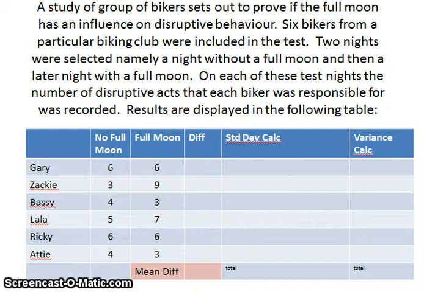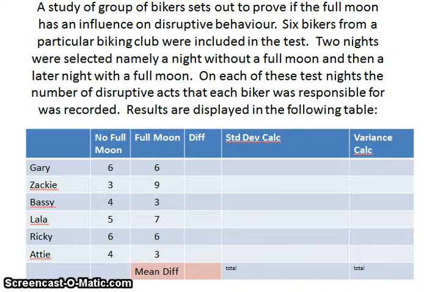Now, because I've extended the table from what I gave you on the worksheet, one can easily make the assumption that this is going to be the t-test for paired samples. But as an explanation as to why, I'll remind you that in class we said that paired samples are identical in every aspect except one. So it could either be the exact same sample, with a treatment carried out on the sample before and after, or it could be 2 samples that are identical in each and every way, and the example I used in class was twins.